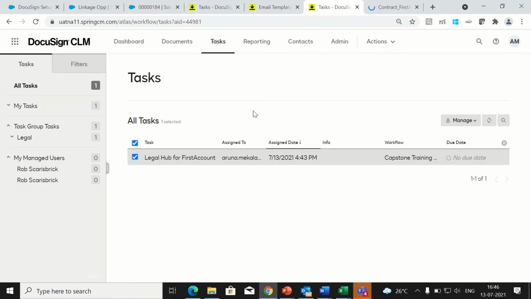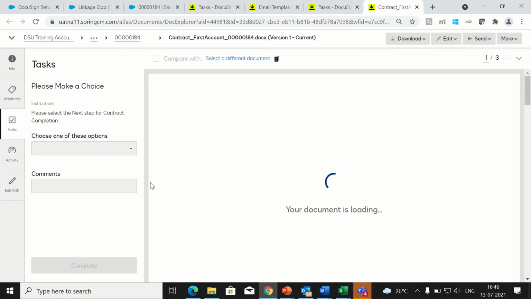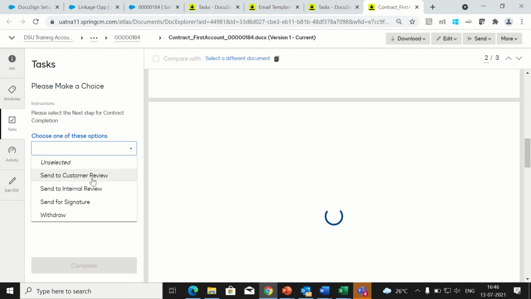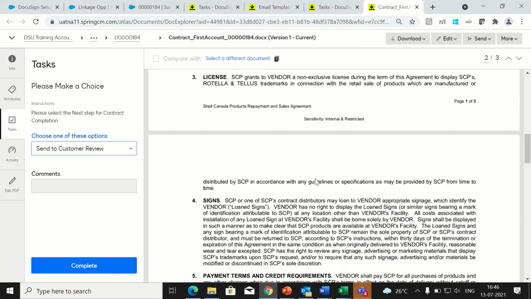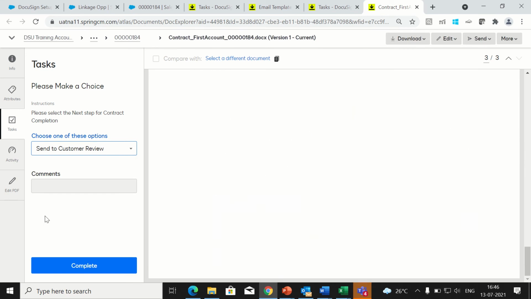Now it has been assigned to me because I have set it so that if a person completes one task for the respective document, the same person should complete the remaining tasks as well, as linked to the next step. It will be assigned to me because the previous task was completed by me only. So now I'm going with the customer review process. This document I'm sending for customer review.